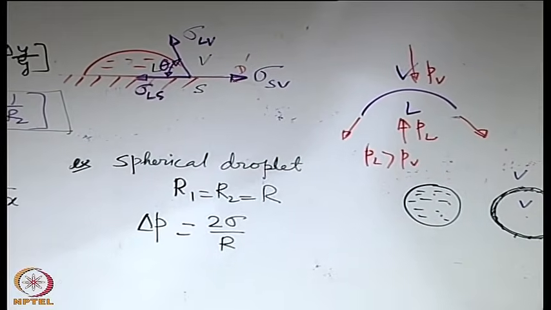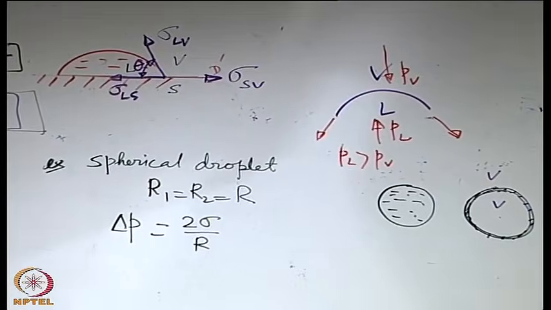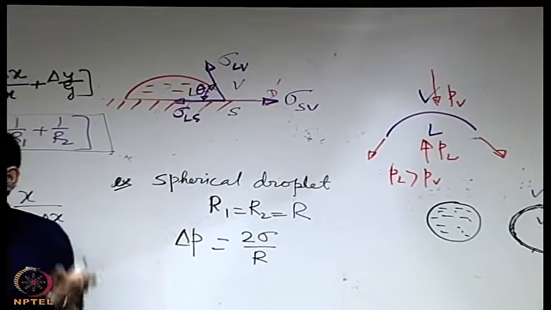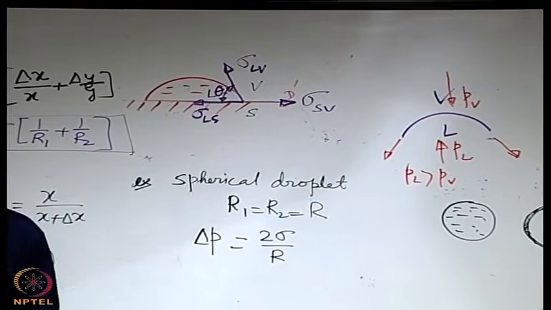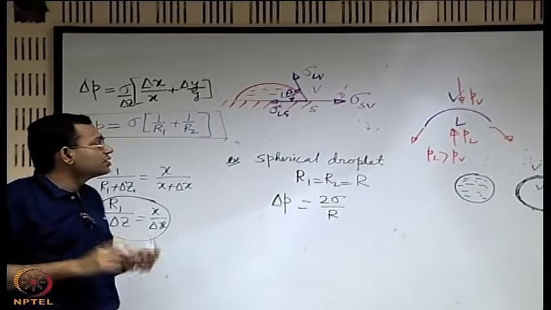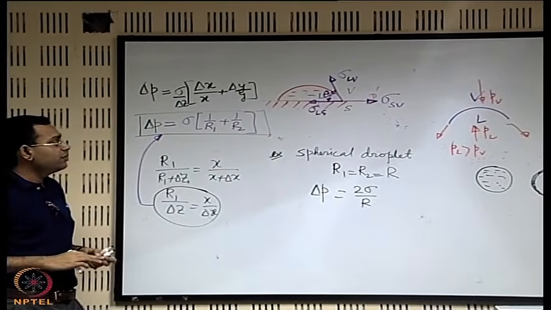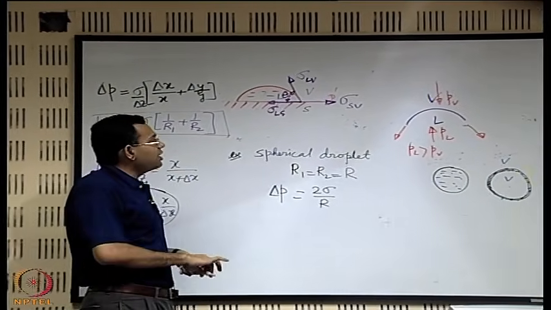So when we are talking about delta P, we are talking about the magnitude, the difference between PL and PV, but which one is more should come from your physical understanding of the problem. That is quite clear. The other point that we will mention here is that in a very nice way I